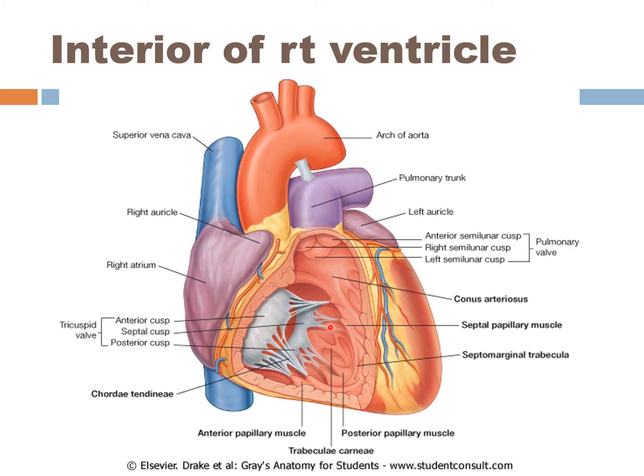Second one are the bridges. So bridges connect the ventricular walls by their end but remain free in the middle. Most of this human heart present a specialized bridge known as the septomarginal trabecula, which extends from the right side of this ventricular septum to the base of this anterior papillary muscle. So trabecula convey the right branch of this atrioventricular bundle. This is presumed to prevent over distension of this right ventricle.